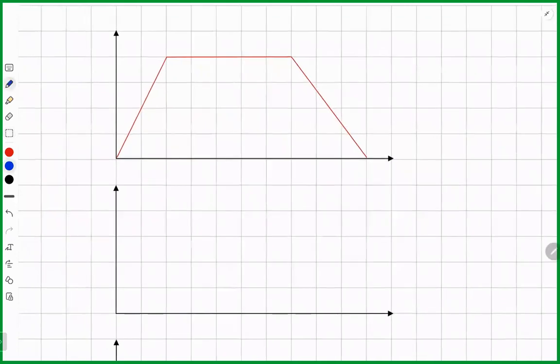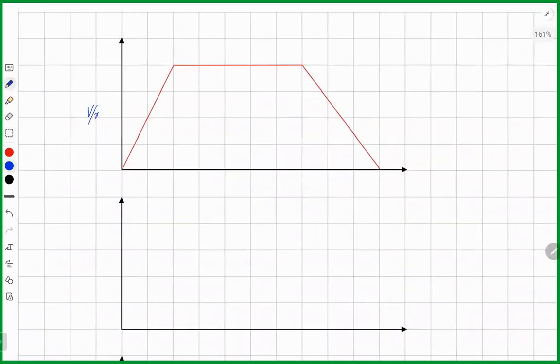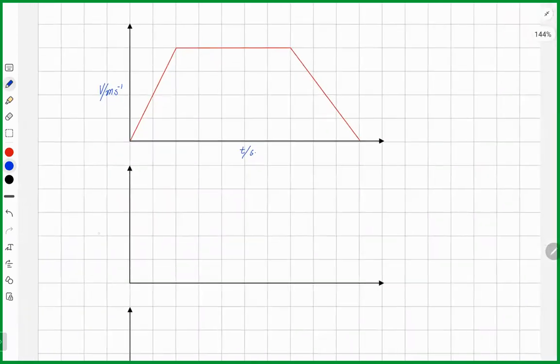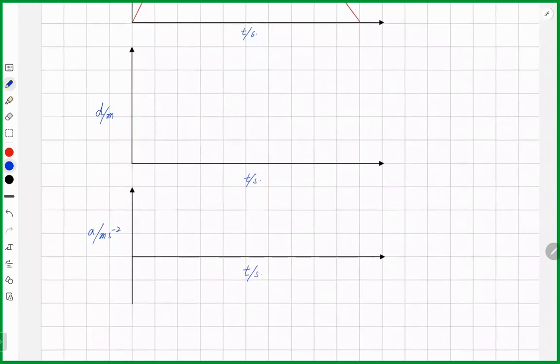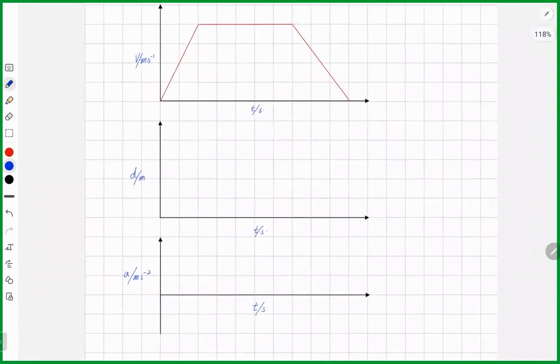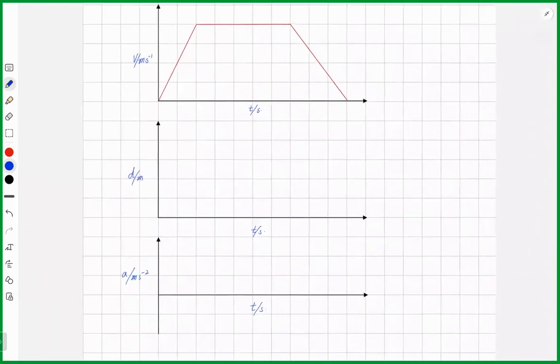So this is speed in meters per second and time in seconds. This is distance in meters, time in seconds, and this is acceleration in meters per second squared and time in seconds. So we'll be converting the information of the velocity time graph first into a distance time graph and then into